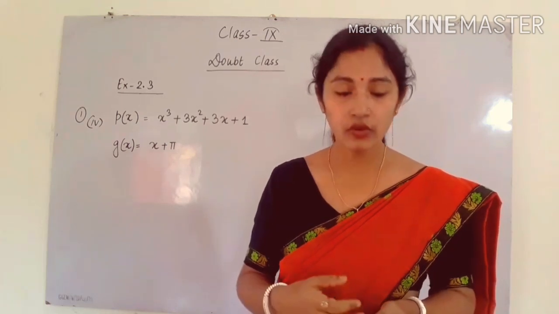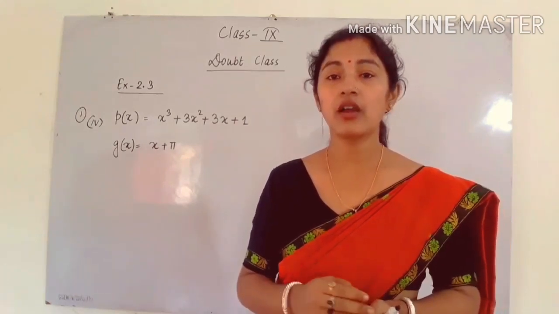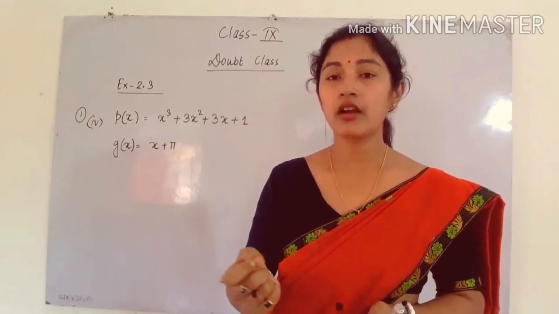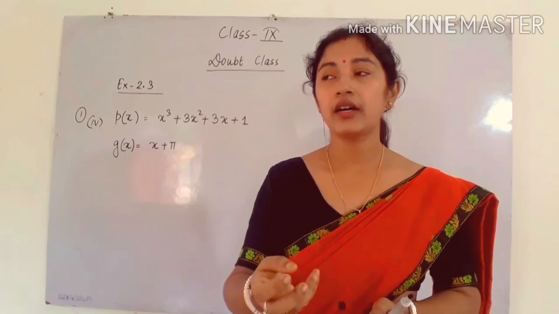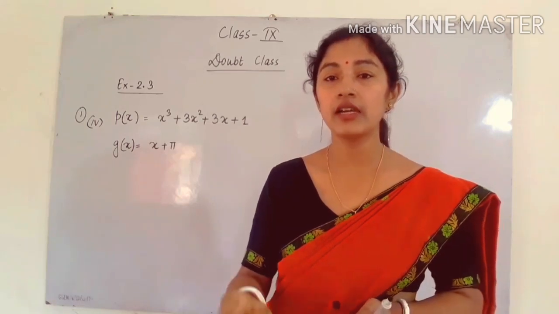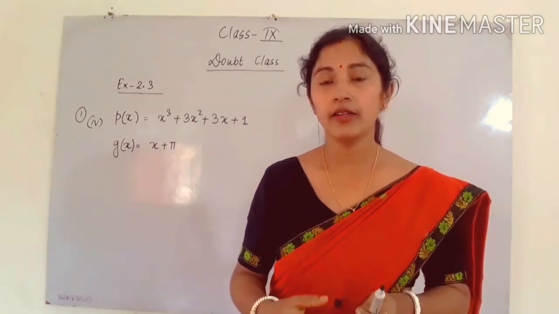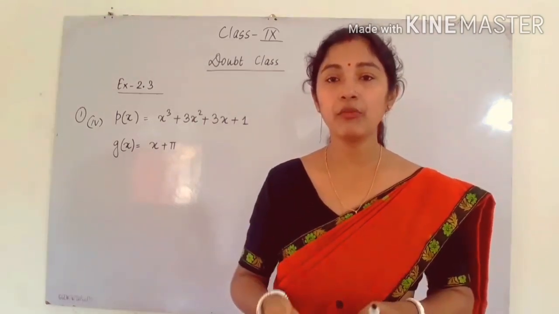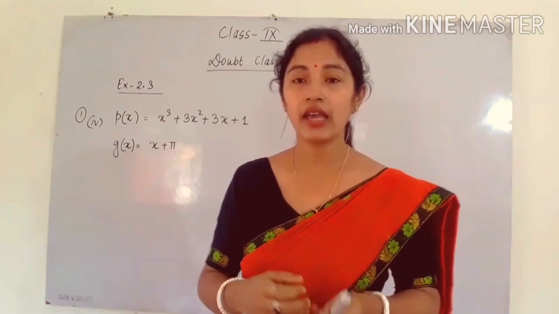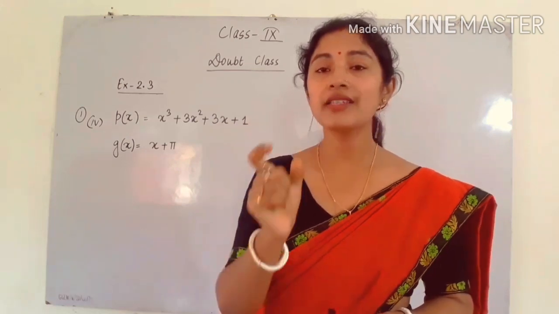You will come across many questions in applications of geometry. In that case particularly we have to take pi. For example, whenever you have to find the area of a circle or circumference, or the surface area of a sphere, volume of a sphere, or curved surface area of a cylinder, whenever there is a circular object we have to use pi. There is a formula, so later on we will come to that topic. But here, in this particular case, it is not mentioned that you have to take pi equal to 22 by 7. Pi is just a constant value.